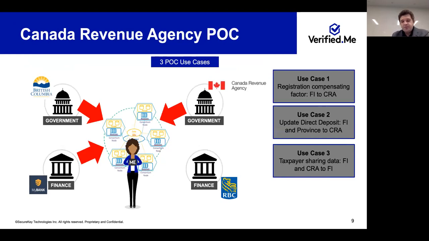Right? So today we have a service in production. It's been in production for several years. We call it SecureKey Concierge. And what that is, you can log into CRA, Canada Revenue Agency, with credentials from your bank. So it's essentially a federation of your login. And what that allows CRA to do is save some costs on administering those accounts, right?